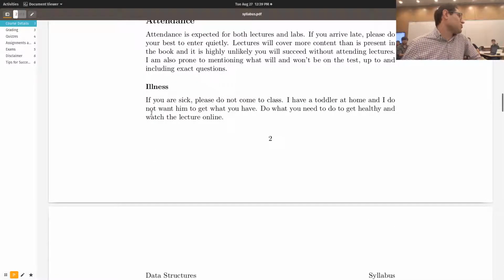If you're sick, don't come to class. If there's an exam that day, don't come if you're sick, right? Because if you're sick, you're not going to perform optimally on the exam. If you're sick, you're going to infect other people. Stay home. Just let me know, and we'll arrange for you to make up whatever you need. Right?